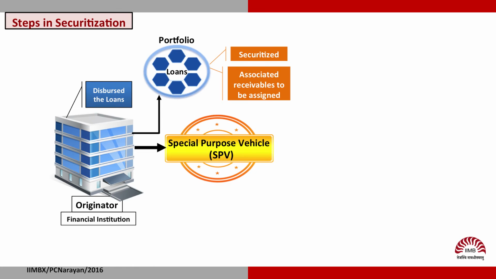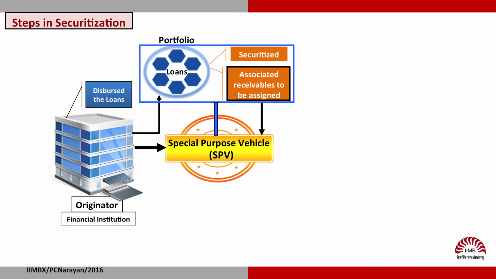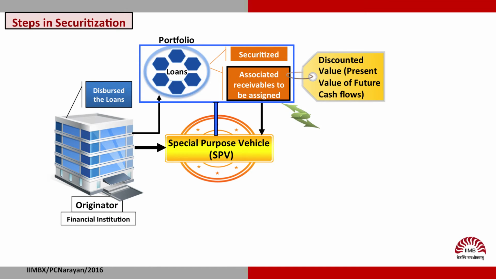A special purpose vehicle is formed, popularly referred to as SPV, to manage this securitization portfolio. The SPV acquires the receivables at the discounted value, that is the present value of future receivables, and converts those